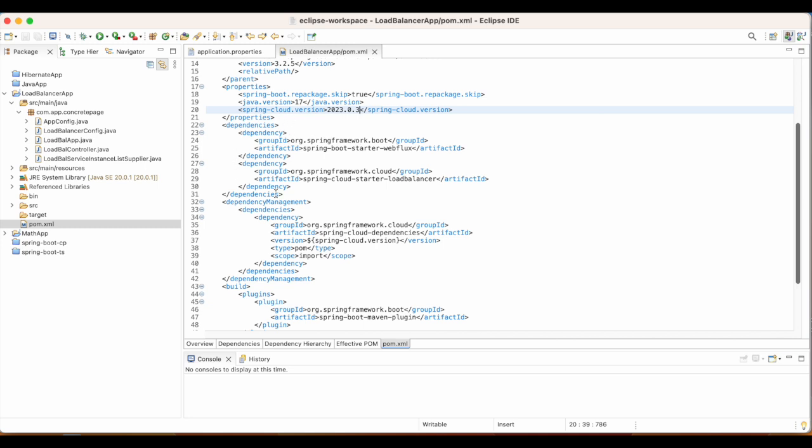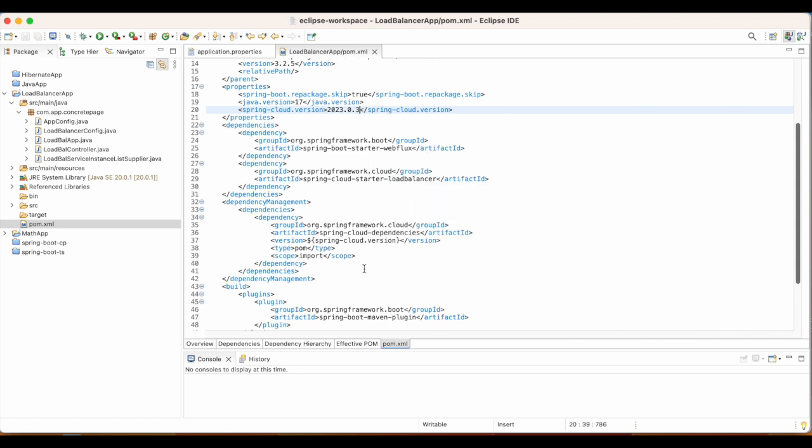For the Spring Boot application, the starters are Spring Boot starter Webflux and Spring Cloud starter load balancer.